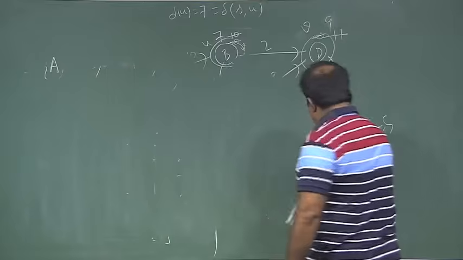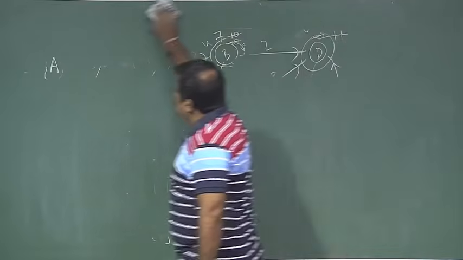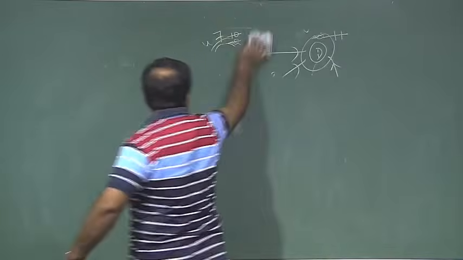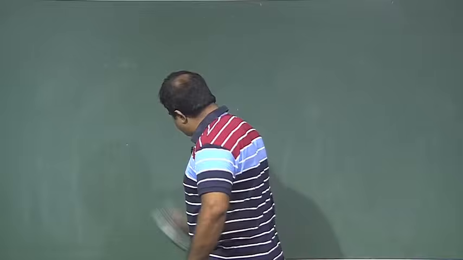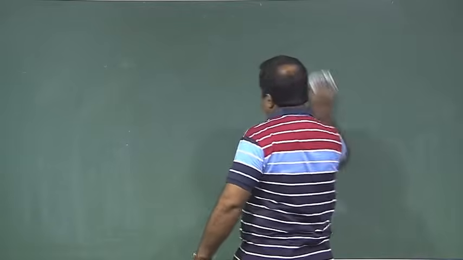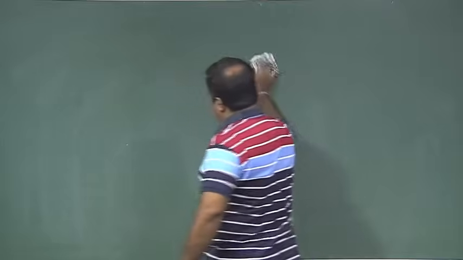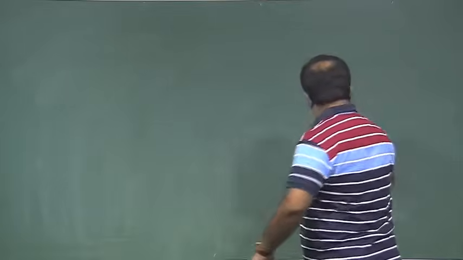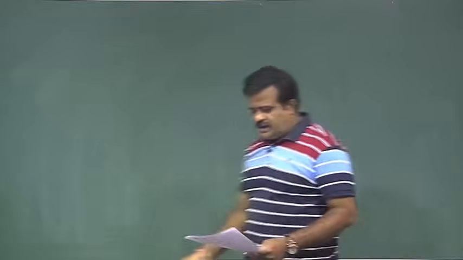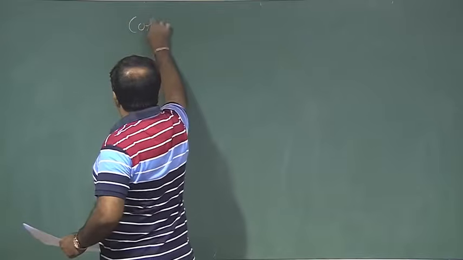So, the idea is we just grow this capital S. At each step, we capture one vertex in capital S whose distance estimate is minimum. So, the distance estimate from small s to that vertex is minimum, and that is the greedy choice. That is why this algorithm is a greedy algorithm. Okay. So, correctness is basically telling us